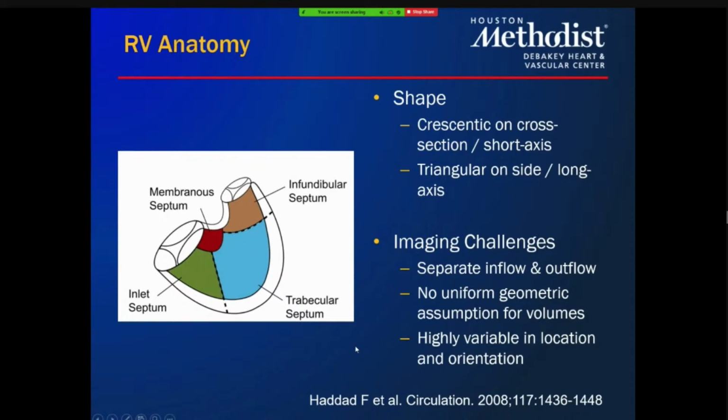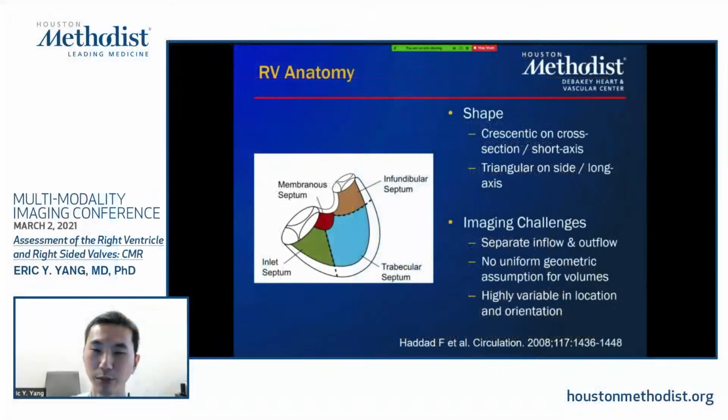Okay. The issue, though, with the right ventricle, like I said, is it's not the most clear-cut geometric shape. So unlike the left ventricle, which gives kind of a hemi-ellipsoid appearance and has clear circular parameters, the right ventricle is a bit more challenging to try to